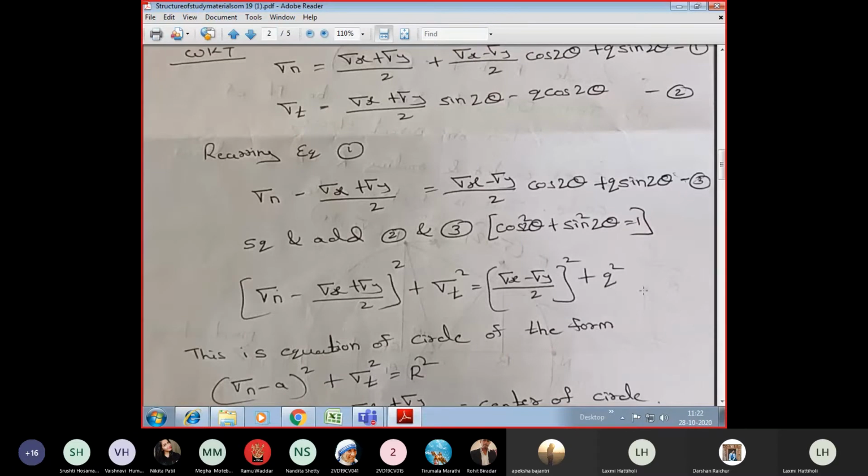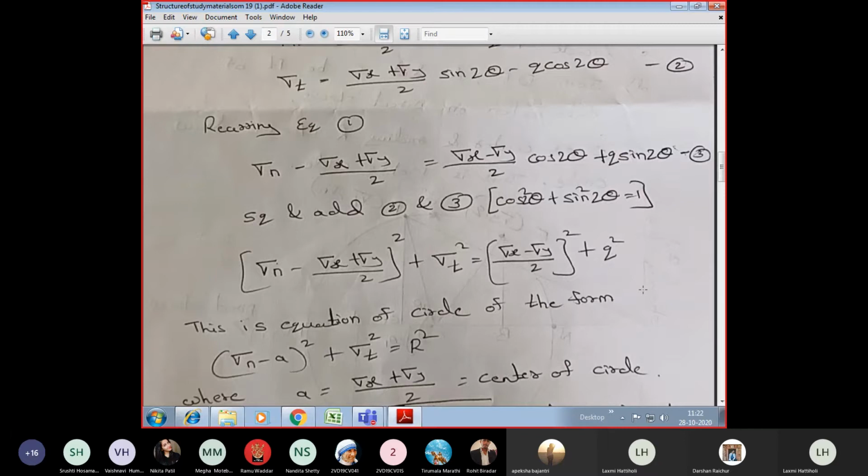I hope you know the equation of a circle. You have learned this already in 10th, PUC and all. Does anybody know the equation of a circle? Yes, x square plus y square is equal to r square. Excellent, very correct. That's nothing but the equation of a circle, right? When you get an equation x square plus y square is equal to r square, it simply means that there is a circle.